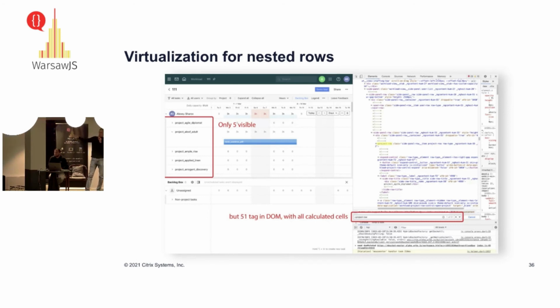Vertical virtualization, when it came to it, took these rows and said, okay, I have one single row for a user, I will show the whole row. And it rendered all 51 nested projects. 51 rows of nested projects means a huge amount of cells that should be calculated, a huge amount of tasks that should be requested, and it ruined everything. So instead of 5 projects, we showed 51. It's an edge case, it's a testing environment, but anyway, in customer accounts it could also be the case.